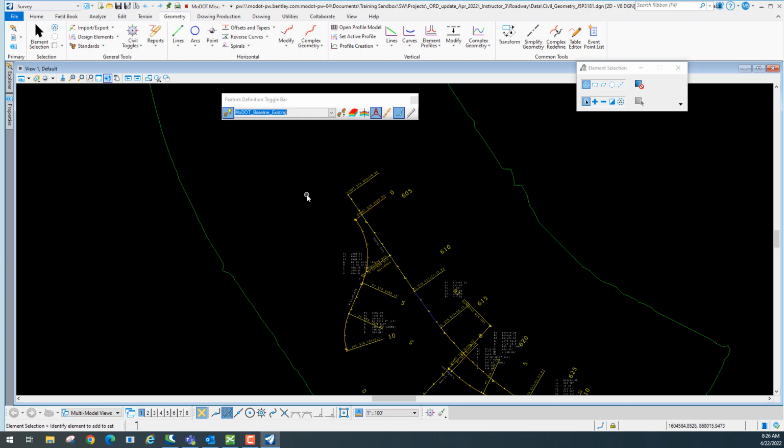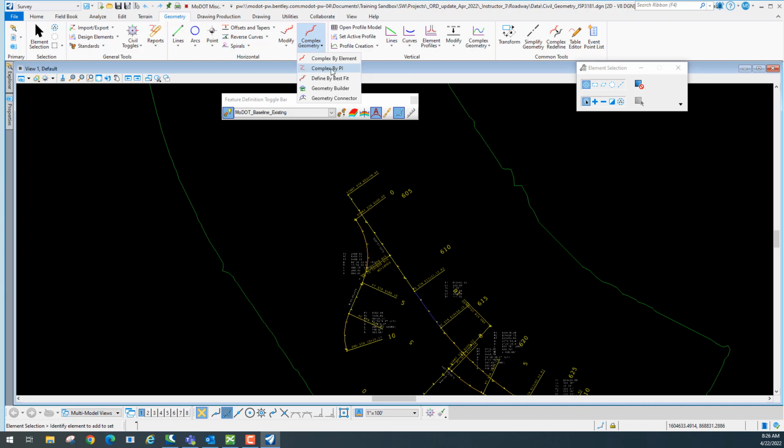So first thing we're going to do, and you kind of want to do it in this order because Civil Accudraw needs to know what tool you're going to use the first time you start it up, and it will expand out the abilities to pick different options. So let's go up to the horizontal, then we'll go to Civil Geometry, and we're going to do complex by